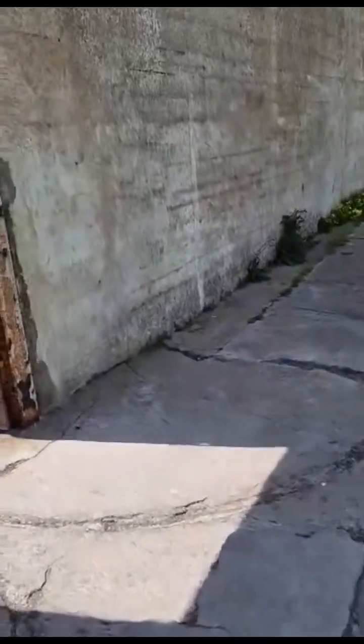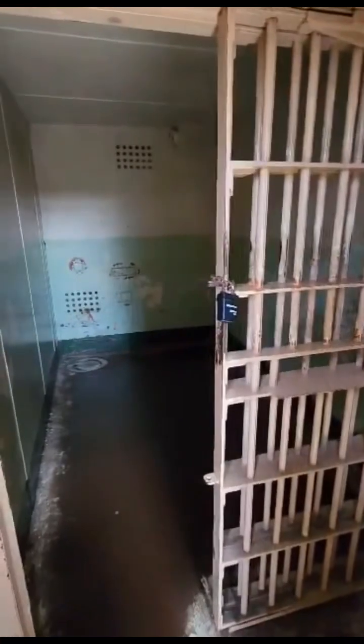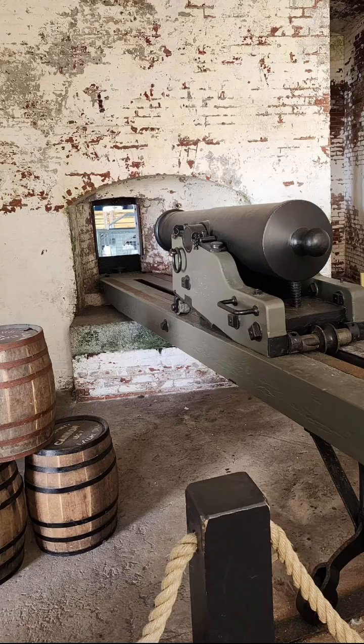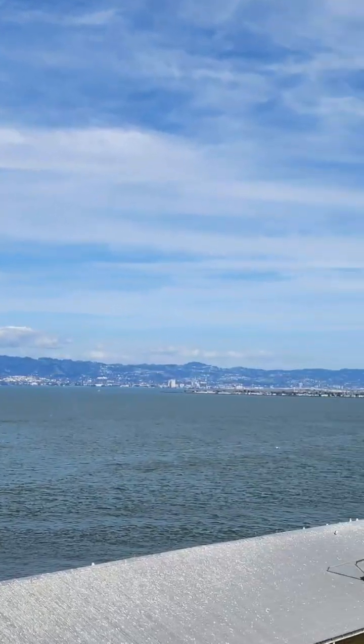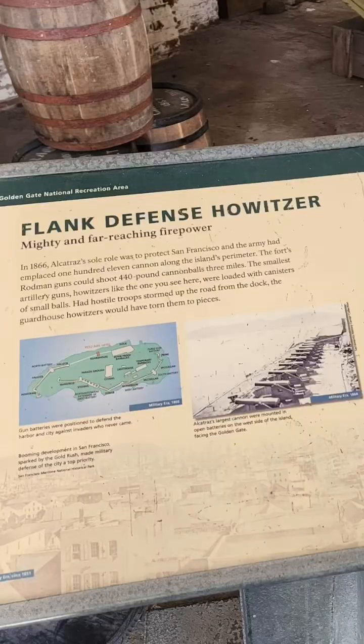It just felt like such a juxtaposition where on the one hand, in this one era, it was this harsh prison where people were miserable, and now it's a major tourist attraction. I don't know if other countries do this. It just felt like something so quintessentially American to turn a place of such misery into